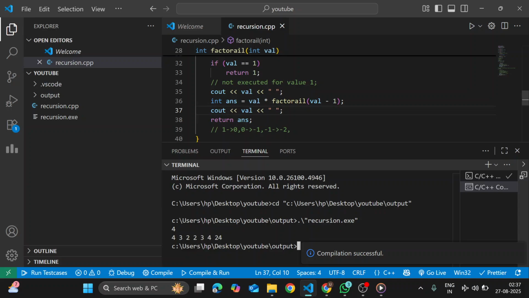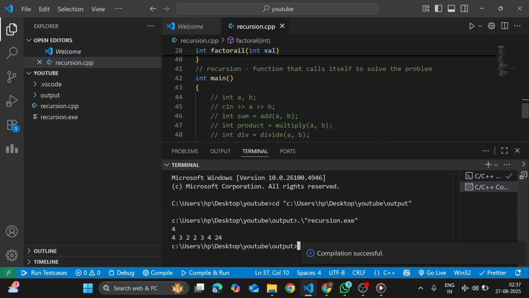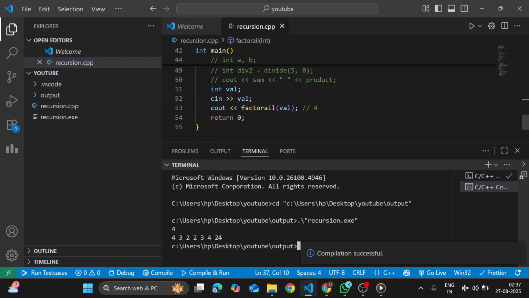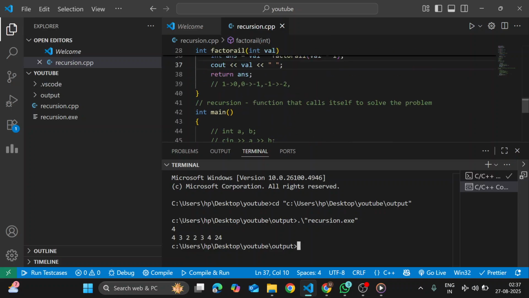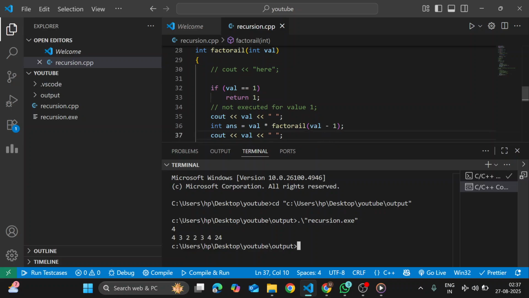Now see, when I first inputted 4 as input, it gets called factorial 4, and now we come here. If value is equal to 1, which is false, then we start executing. Cout value, which is 4 right now, then int answer is equal to value into factorial of value minus 1. Now, as I said, this execution for value 4 will stop here, and then we will call factorial of value